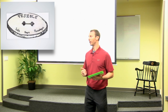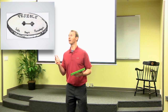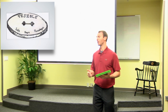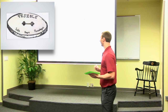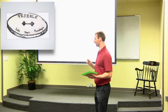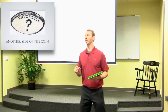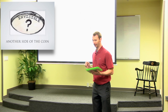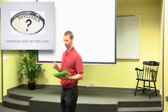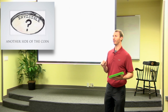There's the visible. These are the sets, reps, percentages, regressions, progressions, program design, even business model and business plan. These are the visible components that you learn in school and that we read about and always want to get better at. But I think there's only one side of the coin. And the other side of the coin is the invisible. And this invisible is the subtle, unseen components that breathe life into your place, into the people, and into your environment. And this talk is going to be specifically about this because I think it doesn't get enough credit, but